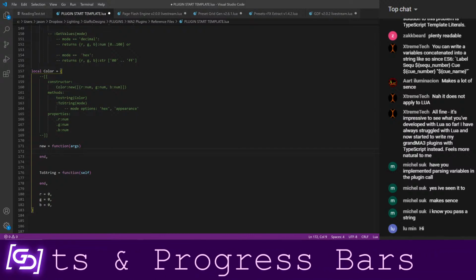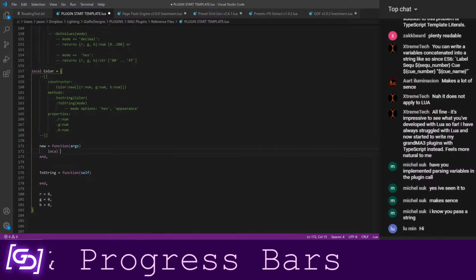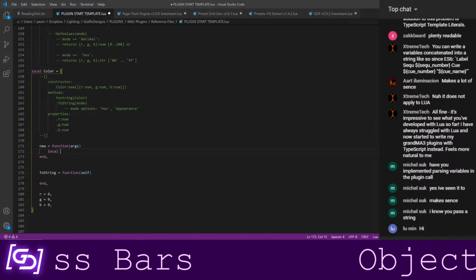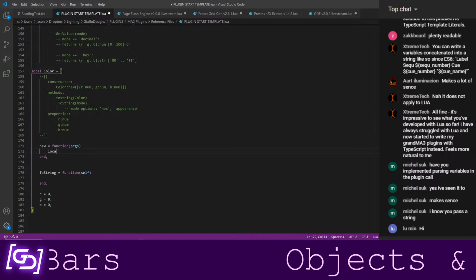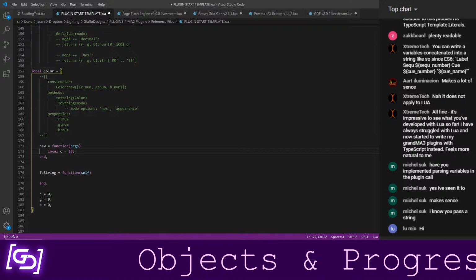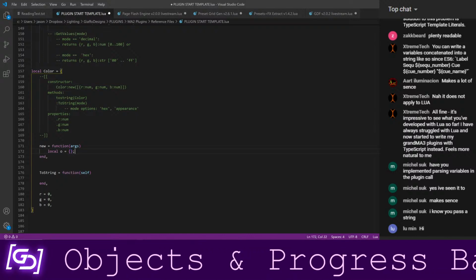So let me go through how to generate the object, and then it'll make sense why this is a bad idea. We're going to say local O equals, so this is our object. This is the table that we are ultimately going to return.